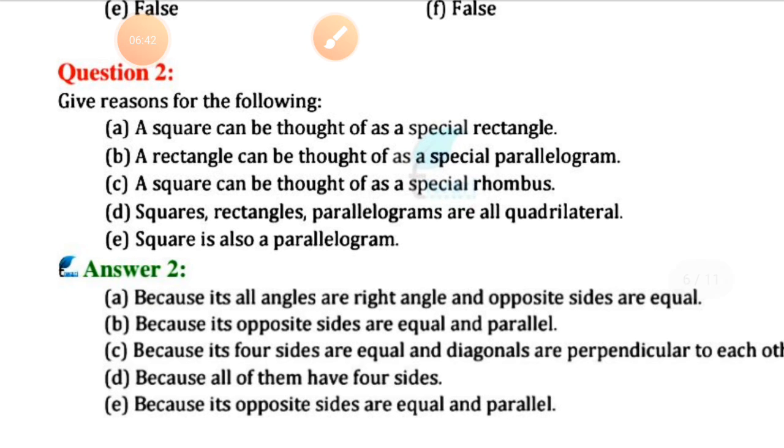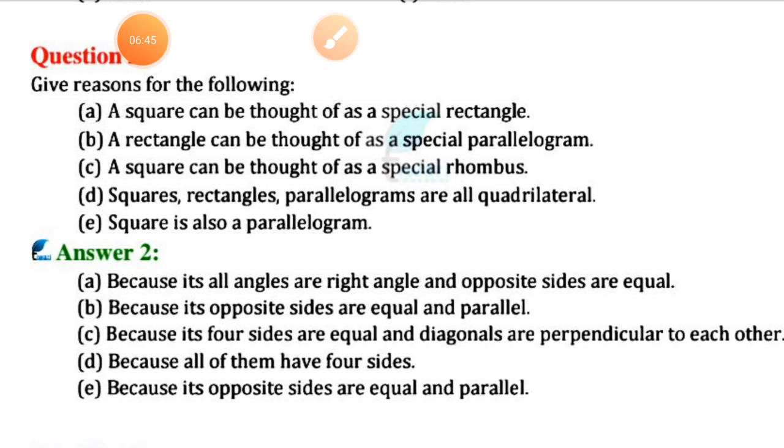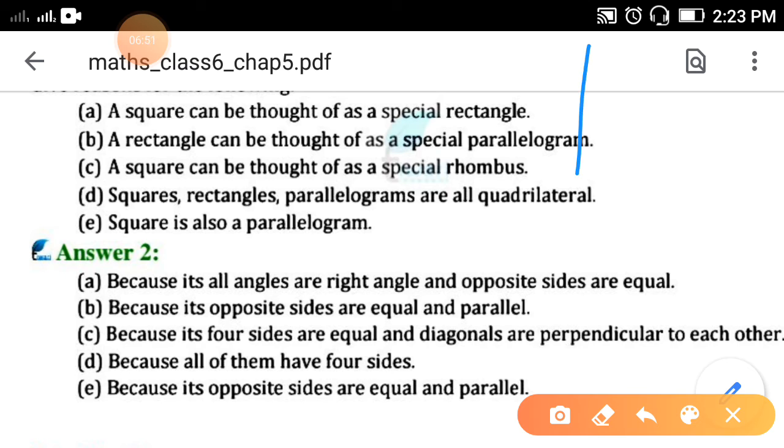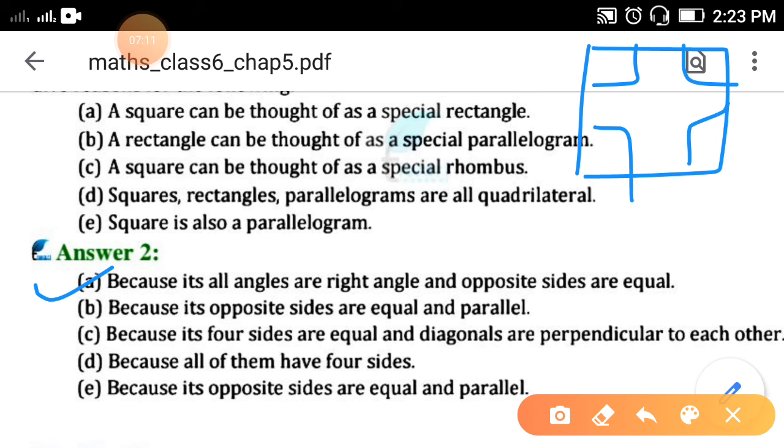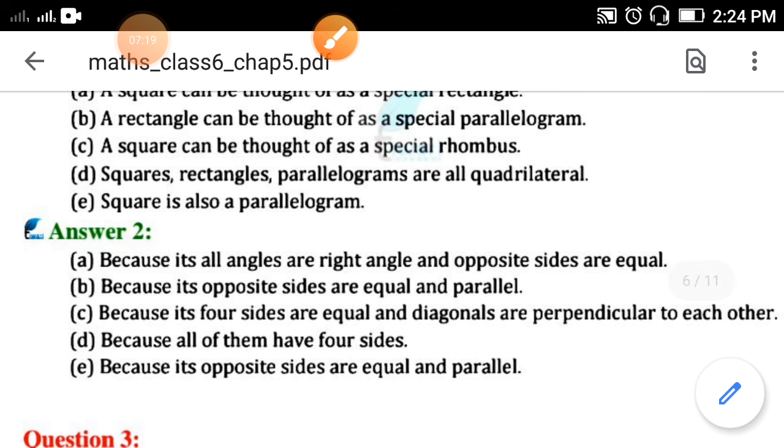Question number 2. Give reasons for the following. A. A square can be thought of as a special rectangle. This is a square. In a rectangle all four angles are right angles. In a square also all four angles are right angles. So that is correct. In a rectangle opposite sides are parallel, and in a square also opposite sides are parallel. So a square can be thought of as a special rectangle because all its angles are right angles and opposite sides are equal. B. A rectangle can be thought of as a special parallelogram because